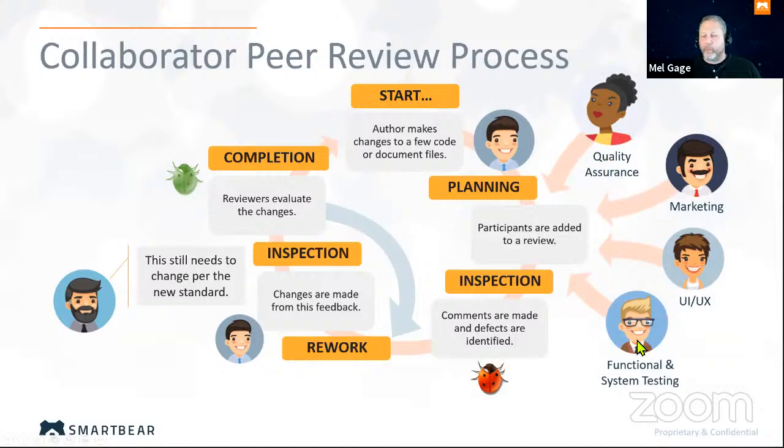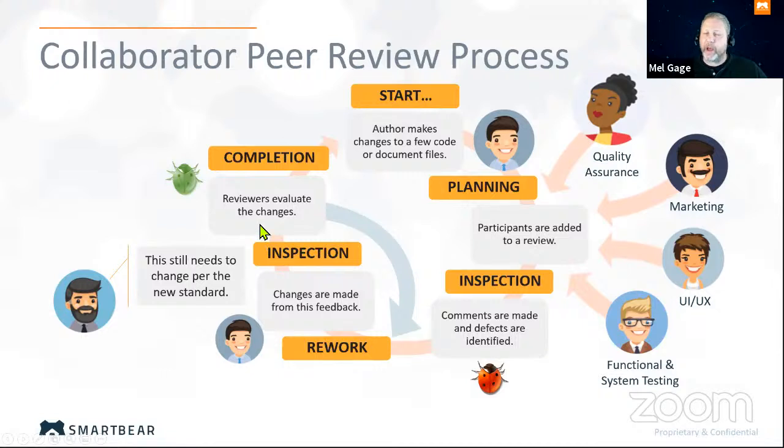So in this particular part of the review, we're going to meet our template requirements and add our participants, and we'll see we've got many different roles that can be added. So bring your cross-functional teams into Collaborator as well. Maybe QA needs to be involved, or you've got some moderators, or functional test, or UI UX. Bring those folks in to work the review process on your documentation. Once the review has been set up, and all of the required information is met within the template, we move to the inspection phase, where those assigned participants look at and review your documents and your attached artifacts, make comments, and then pass it back to the author in the rework phase, where the author then makes changes, and from that feedback, sends it back to inspection,